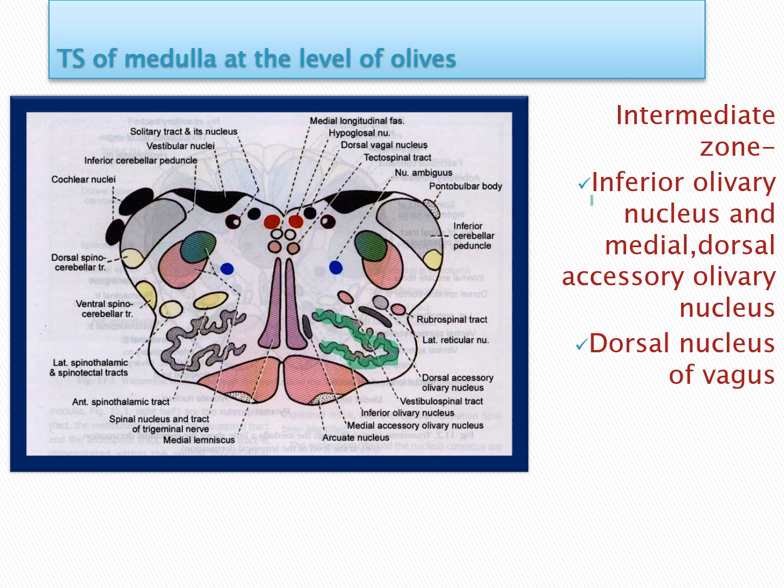When I say inferior olivary nucleus, you should know that we have the superior olivary nucleus also at some part of the brainstem we have to learn. This has two accessory olivary nuclei also, that is the dorsal accessory and the medial accessory, and this is the inferior olivary. So there are two accessory olivary nuclei also. And in the intermediate part we have the dorsal nucleus of vagus also. So this is the dorsal nucleus of vagus we have learnt.